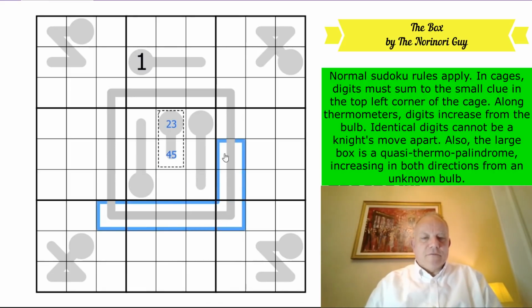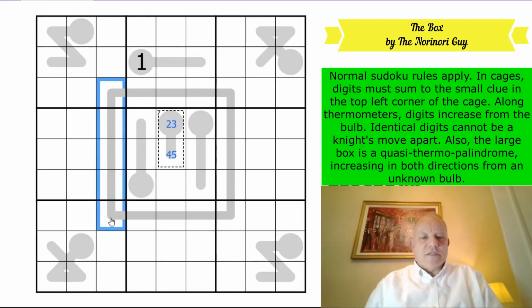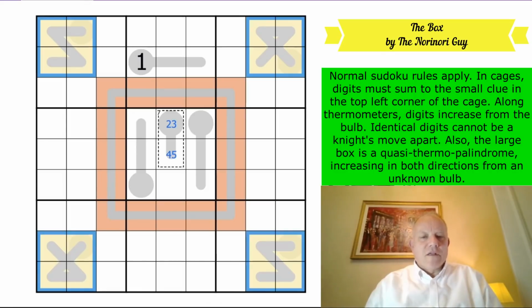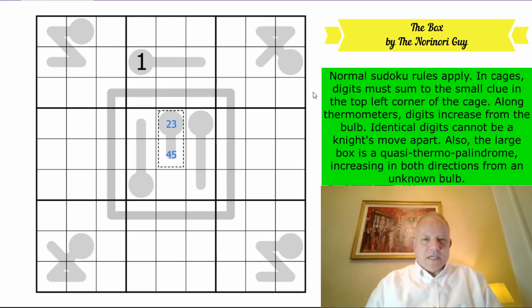If you're familiar with things we've looked at in the past, you might well be thinking about the Fistemafel ring. I'll tell you what the effect is. I'm only going to tell you why that is the case if we actually turn out to need it. But the effect of the astonishing Fistemafel ring, not theorem, it's just a fact, is that the digits in the orange cells will be the same set of digits as in the yellow. And that is true of any regular shaped Sudoku grid, extraordinarily. Now, maybe we won't need that, so I'm uncoloring the cells. Gonna have to just think about